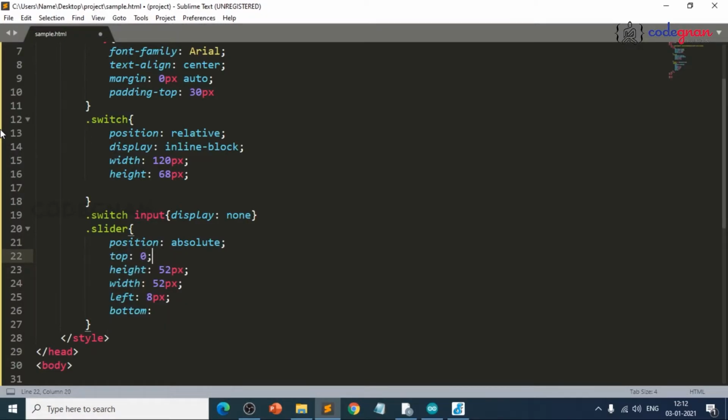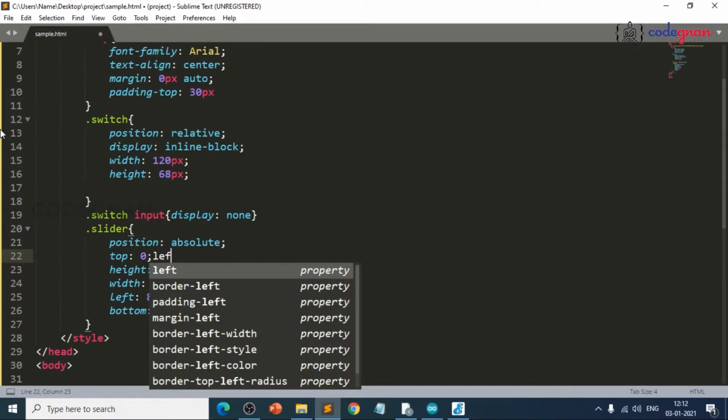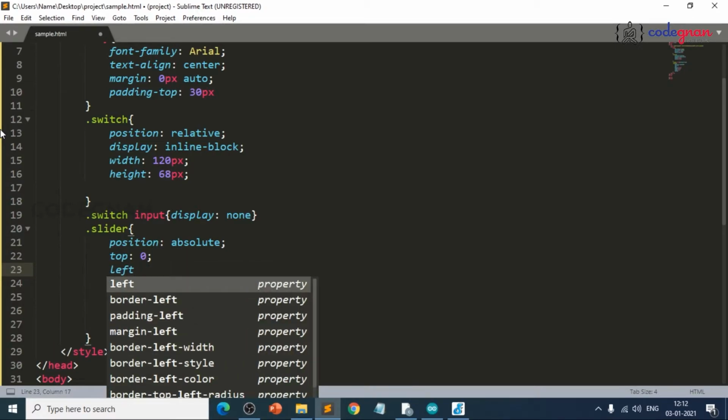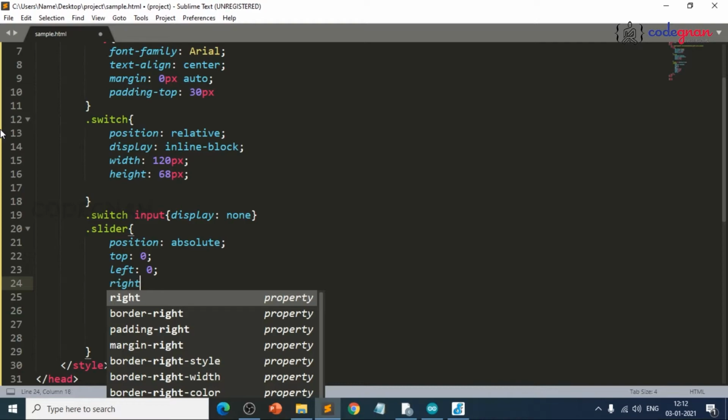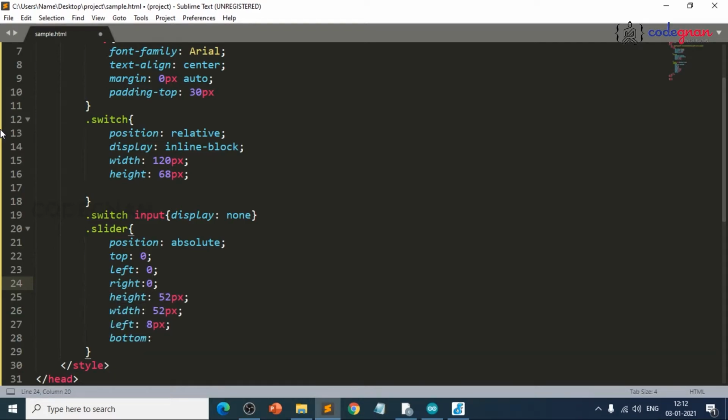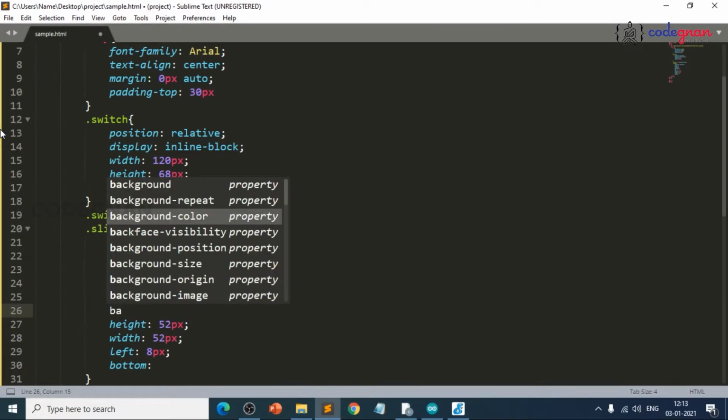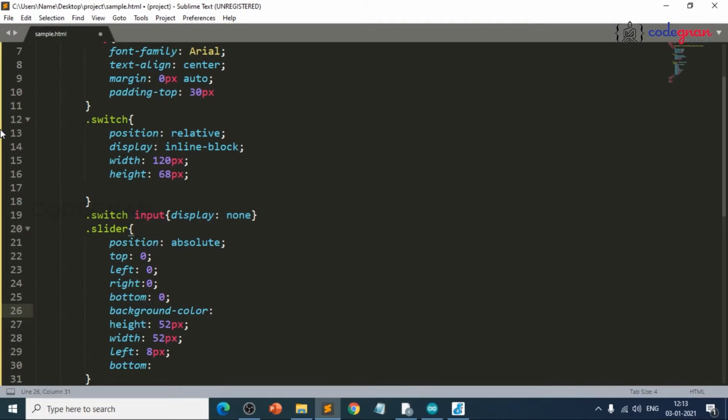Top equals to 0, and left equals to 0, right equals to 0, bottom equals to 0, and background color equals to hash CCC.